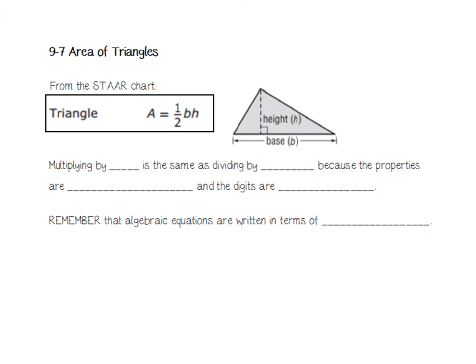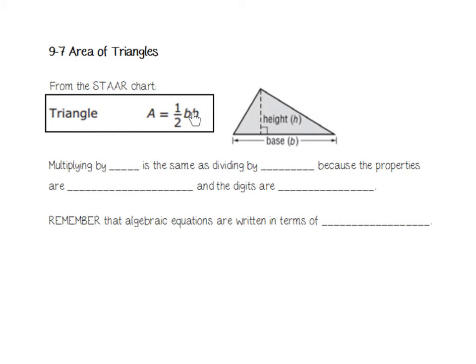All right, today we're going to be talking about area of a triangle, and triangles are shapes that have three straight sides that are closed. So here we have our star chart formula where we have the area of the triangle equals 1/2 times the